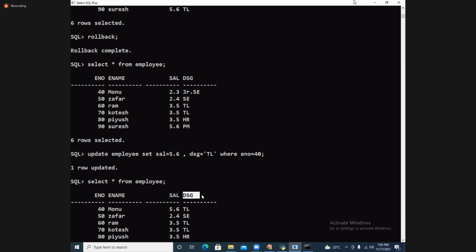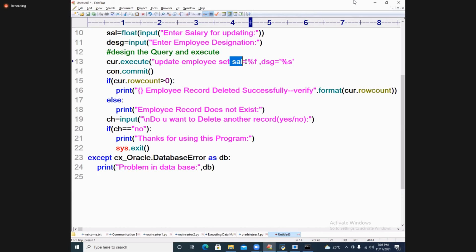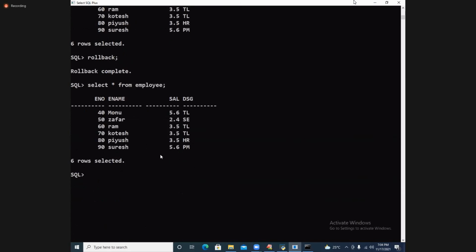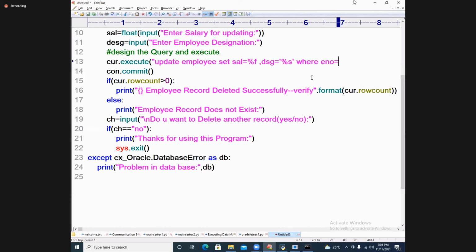DSG, designation, column name. DSG is equal to single quote percent S. Where ENO is equal to percent D. This is ENO. Right? Percent of what are those?